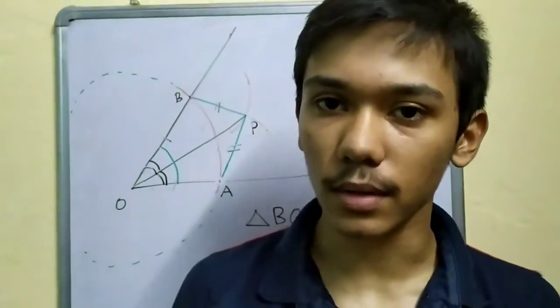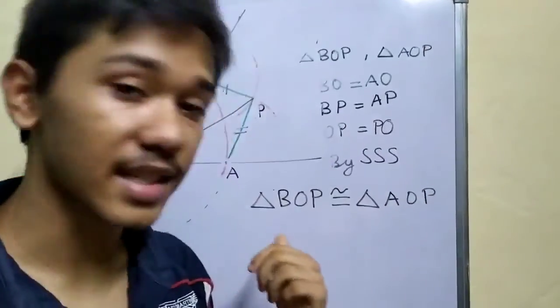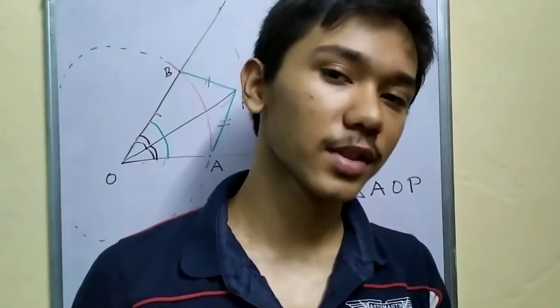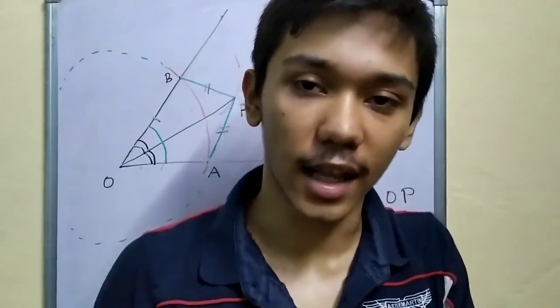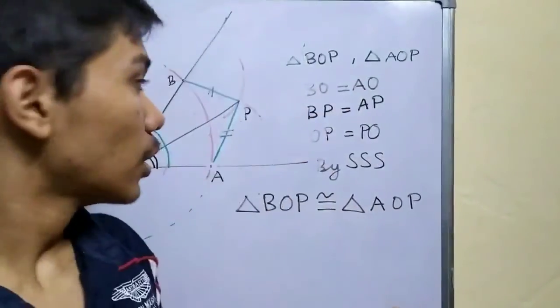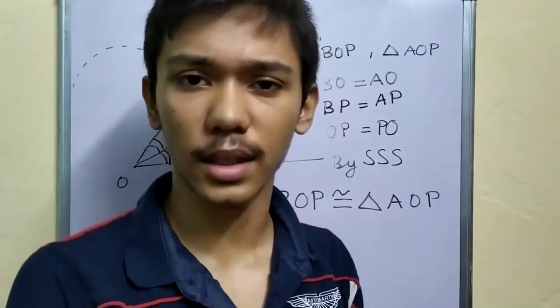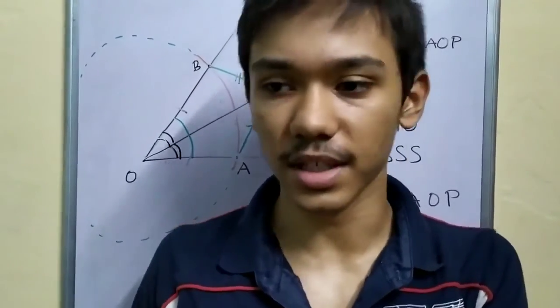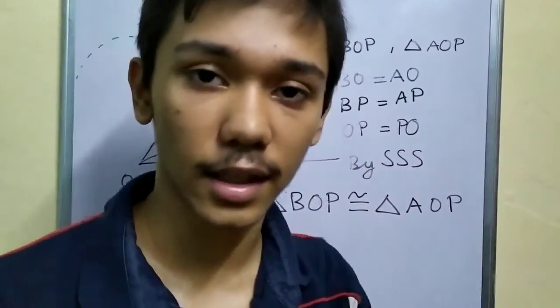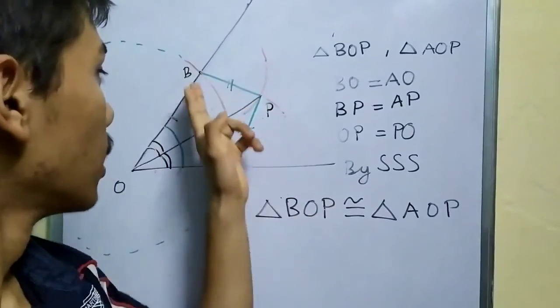Now I want you to think about one thing. This is how we bisected an angle. Can you come up with a way to trisect an angle? In other words, using a compass, a straight edge and a pencil, without making measurements using the ruler to measure lengths, arc lengths, or the lengths of these arms, nothing like that. Can you come up with a way to trisect this angle?